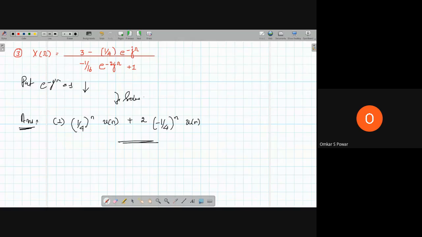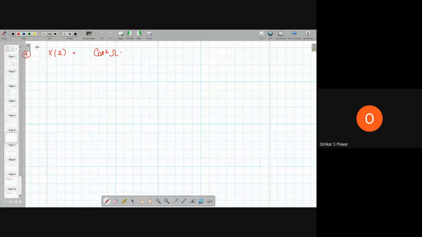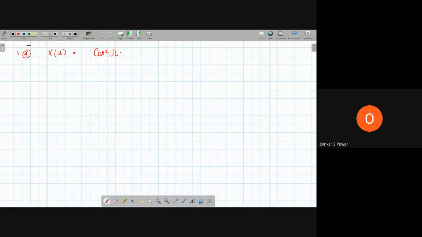Okay. So now we have solved some problems with respect to Fourier transform. Let me take a divergence from that. We will use our normal formula method and some properties to find the inverse transform of X of omega equal to cos square omega. So how can we find this one? What is our normal formula?